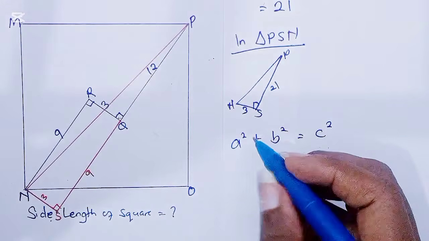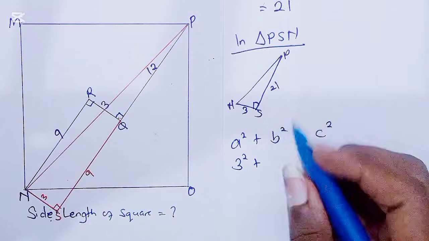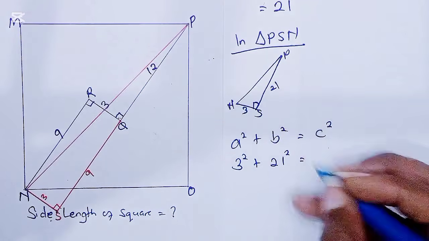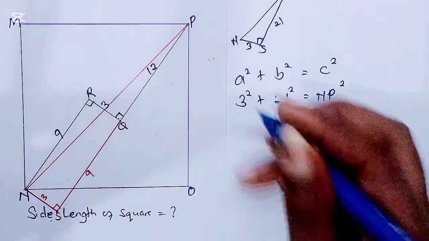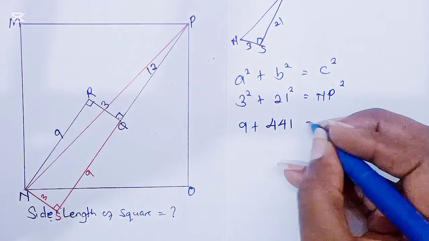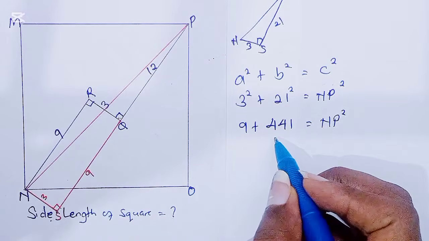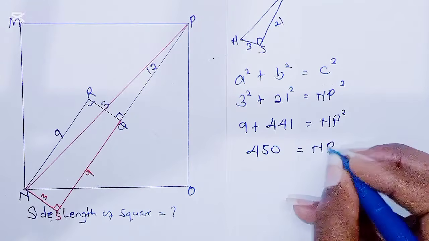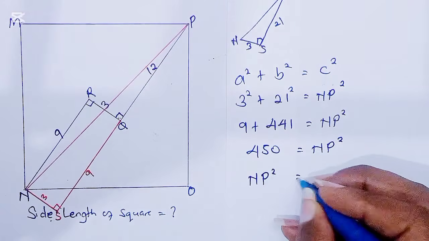And our A is 3. So 3 squared plus our B is 21. So 21 squared is equal to our C, which is NP. So NP squared. 3 squared is 9 plus 21 squared gives us 441. 9 plus 441 is equal to 450. This is equal to NP squared. Therefore, NP squared is equal to